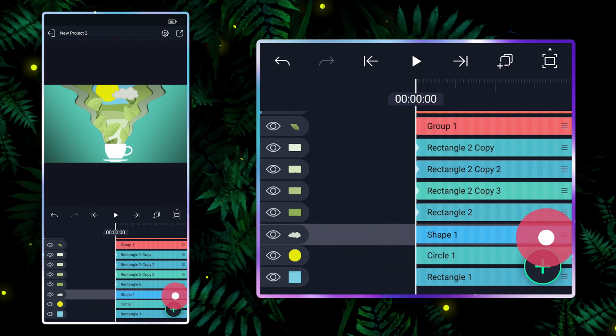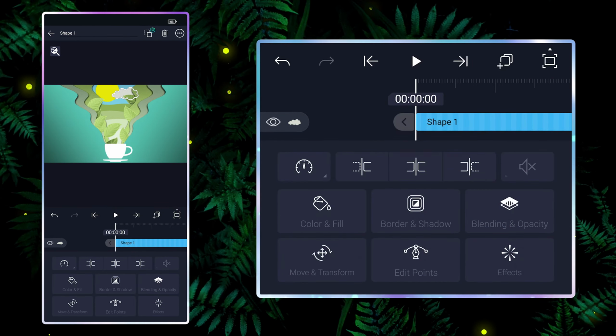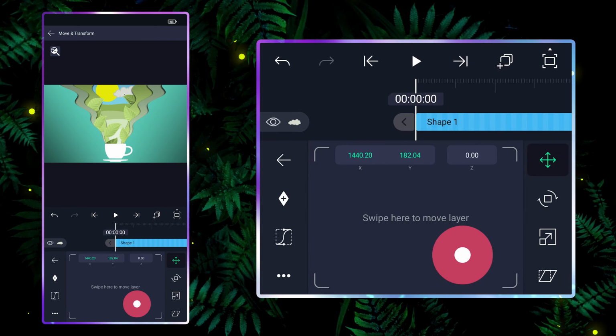Bring the cloud above the sun and animate it using keyframing its location.